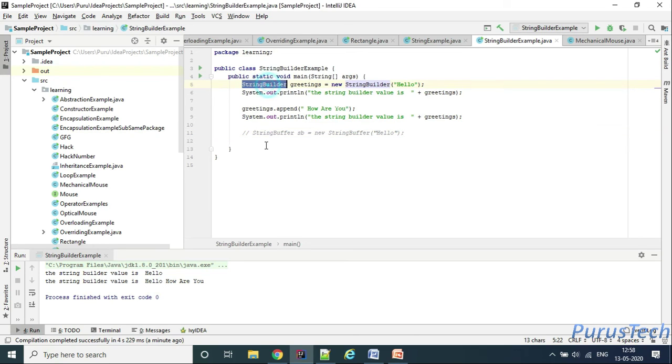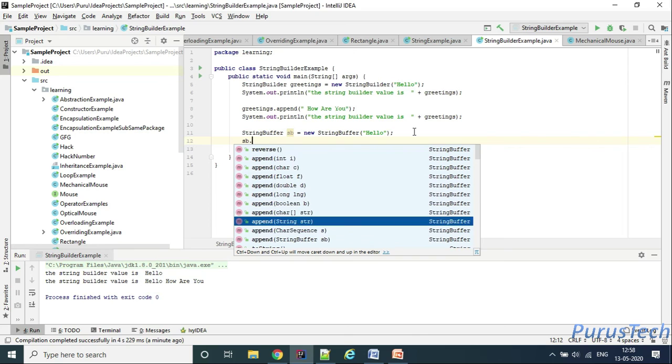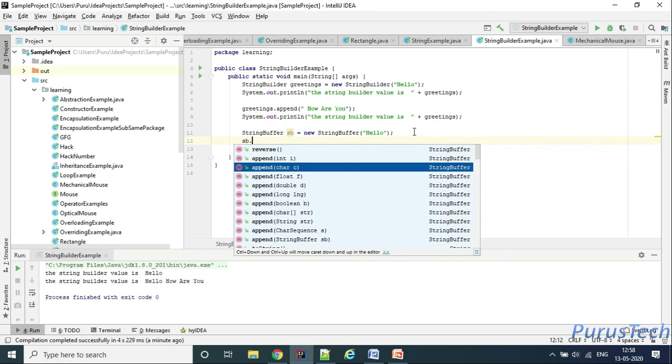The similar way, there is one more class that is called string buffer. String buffer also can be defined like this as string builder. How it differs from the string builder is this string buffer, whatever is the method defined in this string builder, right? SB dot is whatever method is defined, all are synchronized so that you can use in multi-threaded program. So multi-threaded things will cover in a separate session, and the synchronize keyword also. So just as of now, you remember that the string buffer methods all are synchronized.